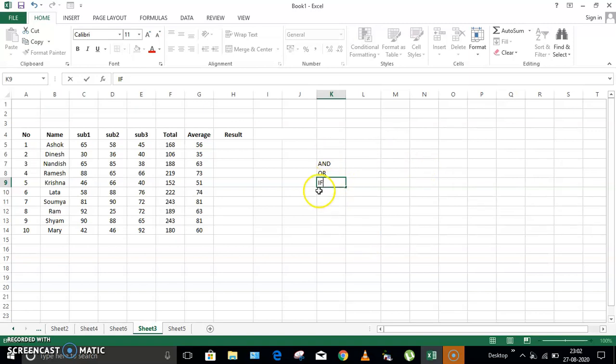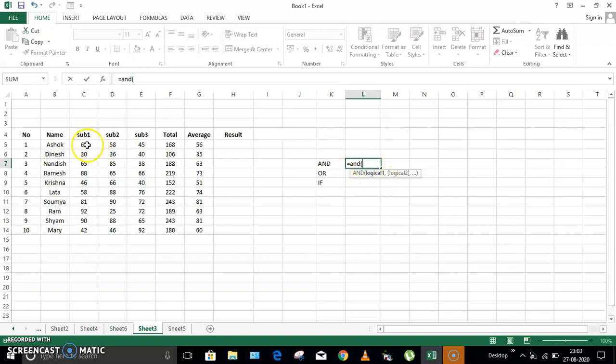Because we cannot use AND or OR individually or separately, we have to use them along with the IF formula only. Okay, so let me explain the AND formula first, then we'll go for IF also. And I'm going to implement the formula over here. So I'm highlighting this cell. I'll put the equal to symbol followed by AND. In the bracket here you are going to give the logical conditions.